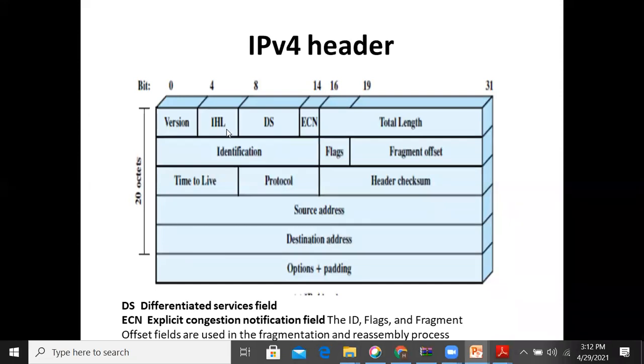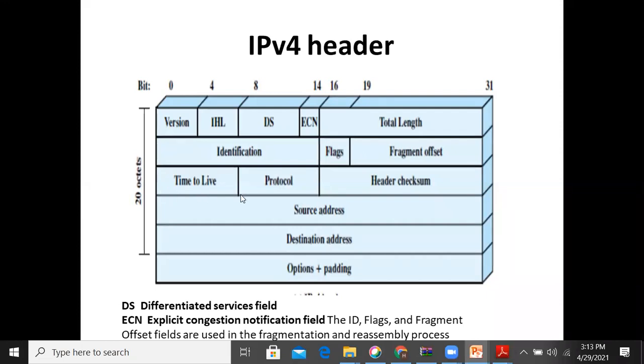So identification is the ID. Flags are just like indicating, for example, if bit 1 is activated. That is what a flag means. Here we are allocating 3 bits, from bit 16 to 19. These are used in fragmentation and reassembly, to indicate whether any errors are there or not, or if any congestion is there. All of that is indicated by these flags.